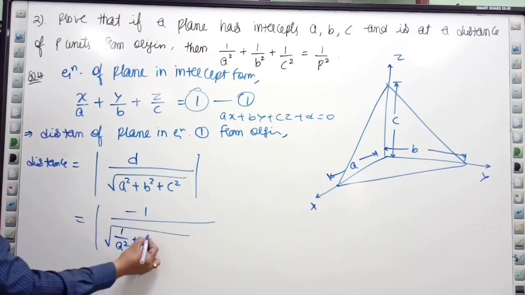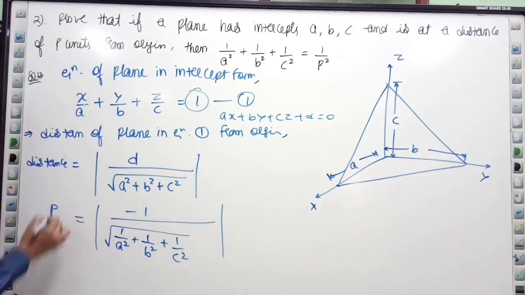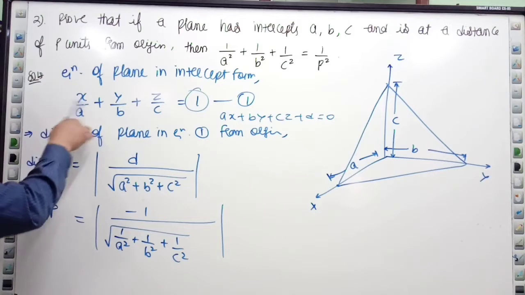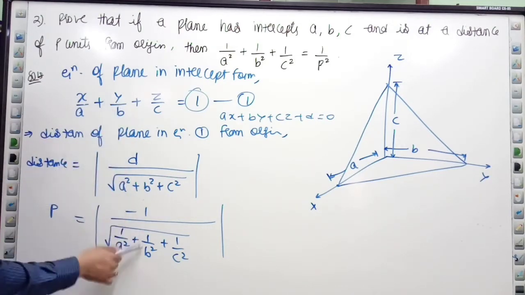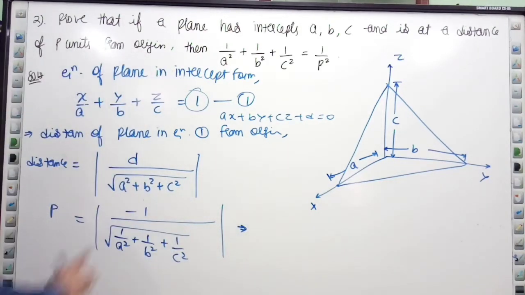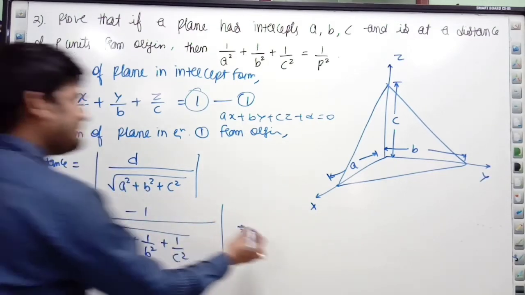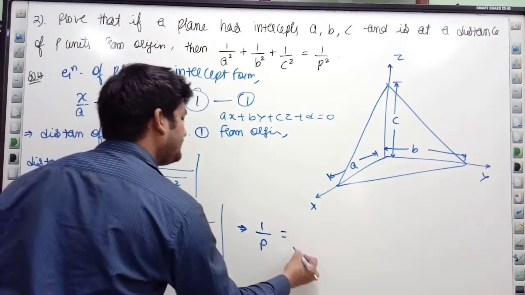So a square, 1 upon b square, 1 upon c square, that is equal to b. How I have written it? x के कोफिशिएंट का स्क्वायर, y के कोफिशिएंट का स्क्वायर, z के कोफिशिएंट का स्क्वायर. Now what we are going to do, we are squaring both sides and mod के कारण ये -1 + 1 हो जाएगा. या फिर नेक्स्ट एक स्टेप ऐसे जितने रेसिप्रोकल करके